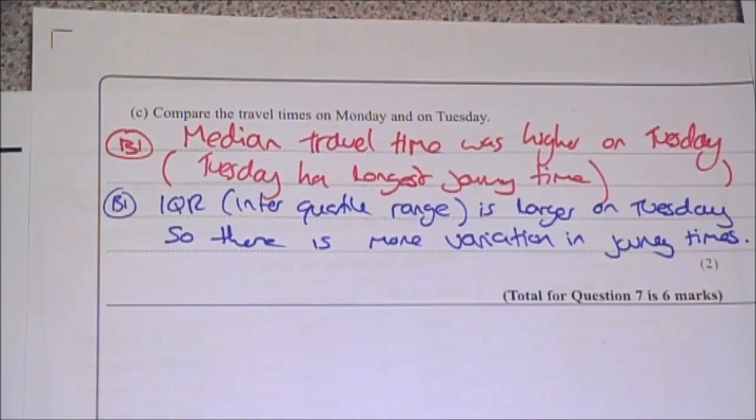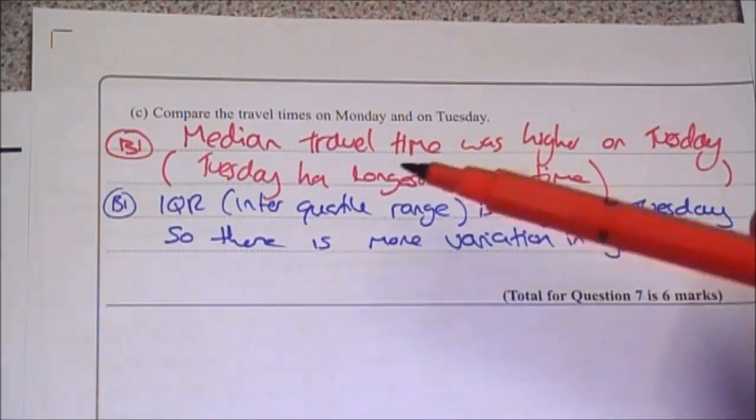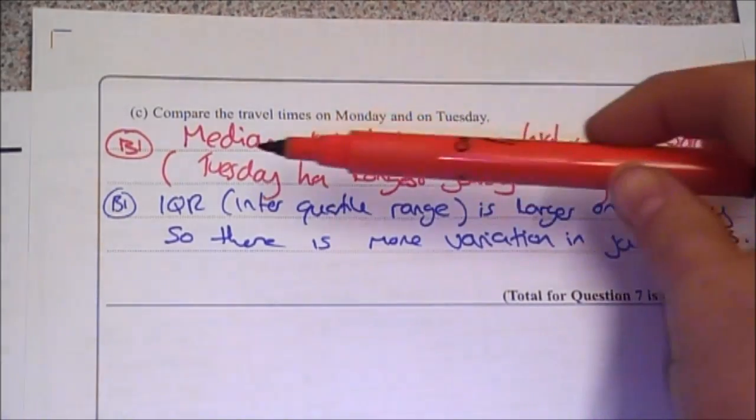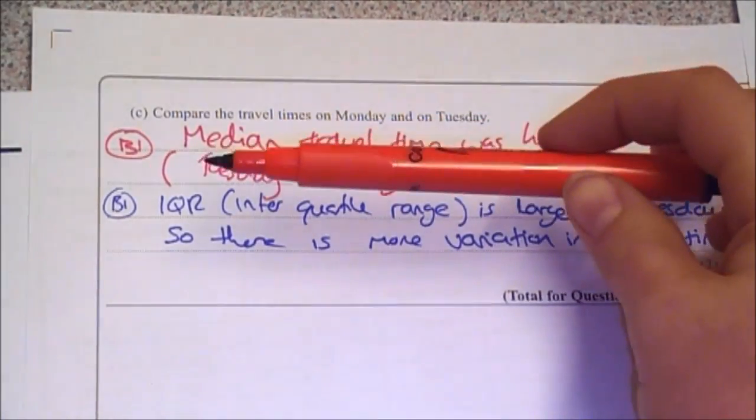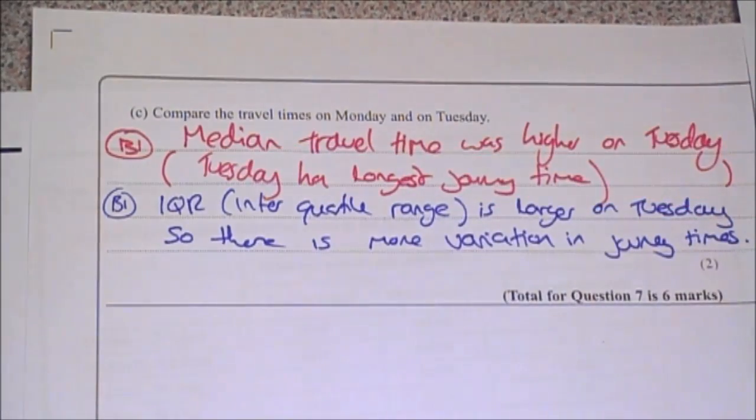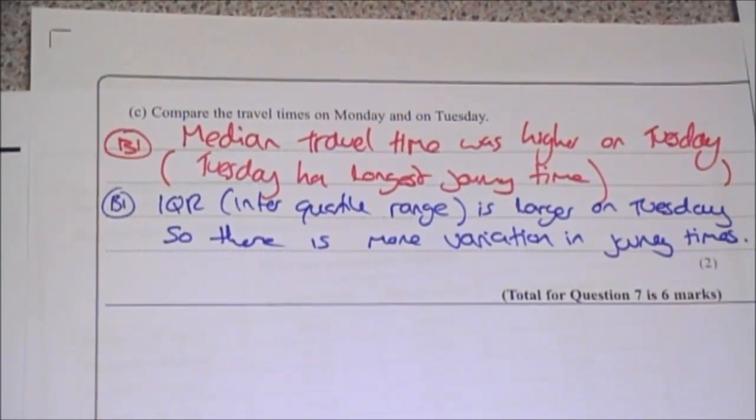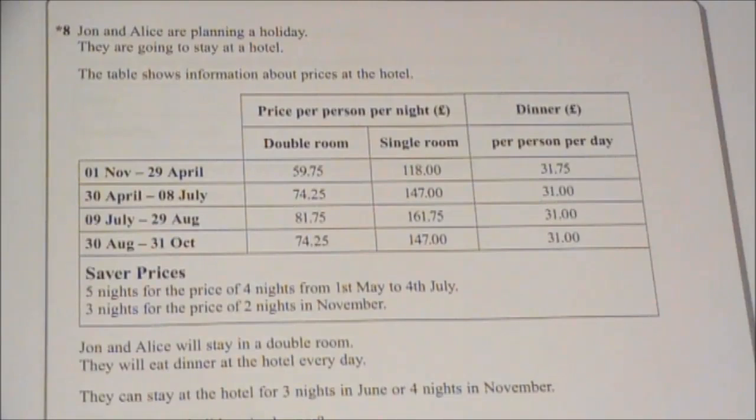And there's your 2 marks. You will not get 2 marks if you make the same comparison twice. So for example, you will not get 2 marks if your 2 reasons are the median being a higher journey and the Tuesday being higher for the maximum. Question 8 requires a lot of reasoning and thinking and applying information from the question to select the appropriate information